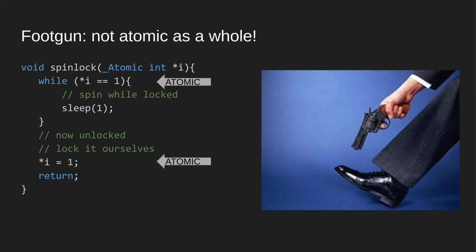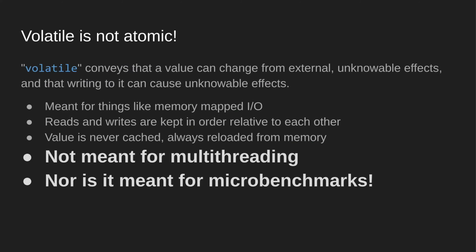Here the spin lock is thread A. Thread A checks whether I is equal to 1, and then maybe some nefarious thread B swoops in and takes the lock, and then thread A continues again and it sets it to 1, right? So there two threads are kind of scheduled throughout each other, and that is called time of check to time of use, or the ABA problem. As far as I know, those are completely synonymous.